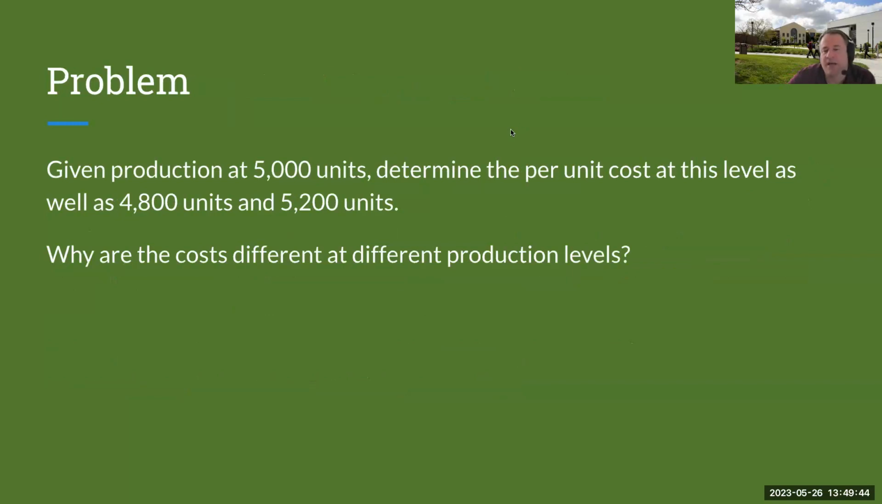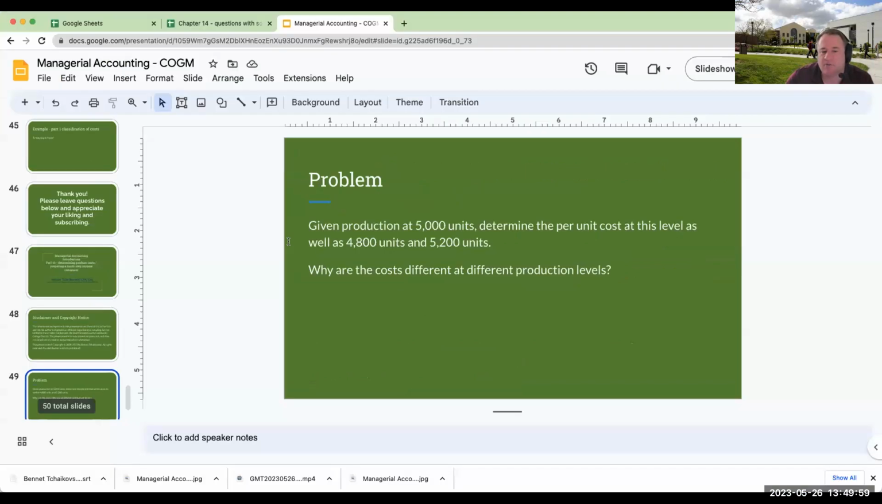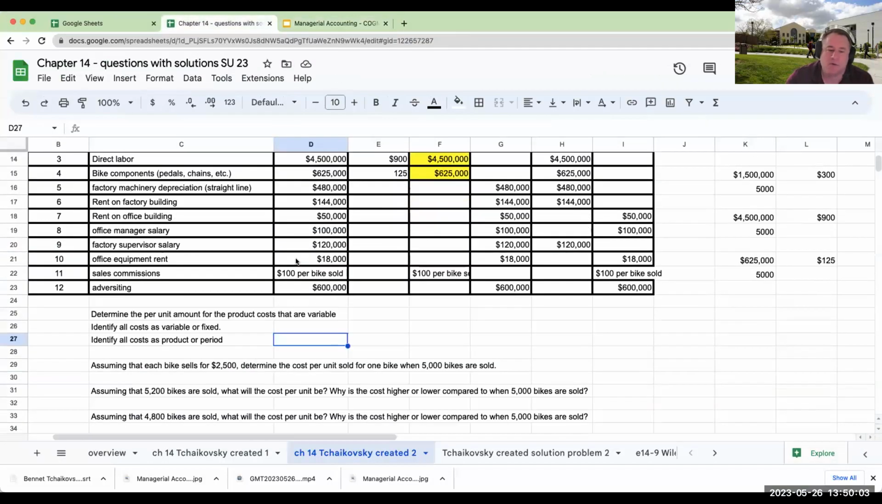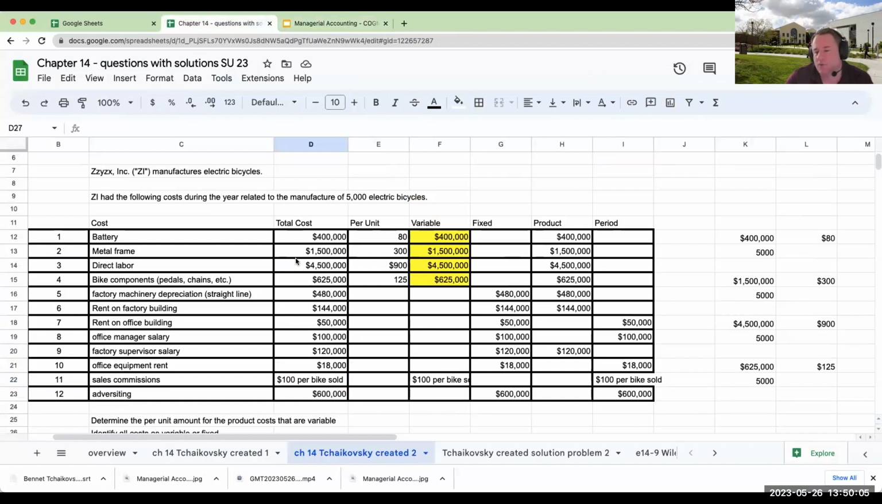So let's go ahead and take a look at the problem that we're going to be going through and solving today. Given production at 5,000 units, determine the per unit cost at this level, as well as at 4,800 and then 5,200 units. Let's go right to our question. What this question was asking us to do, and please see part 9 of the video, which I will link below so you can go check this out,